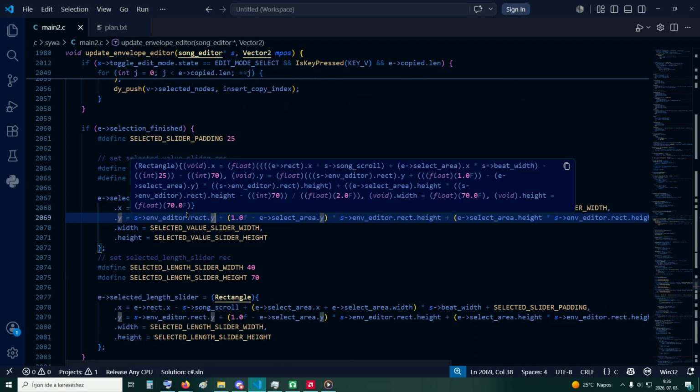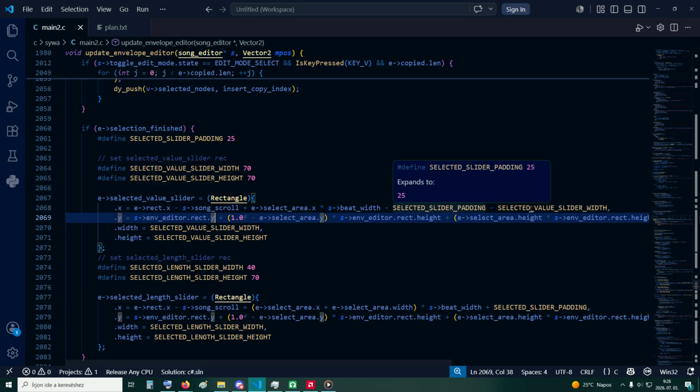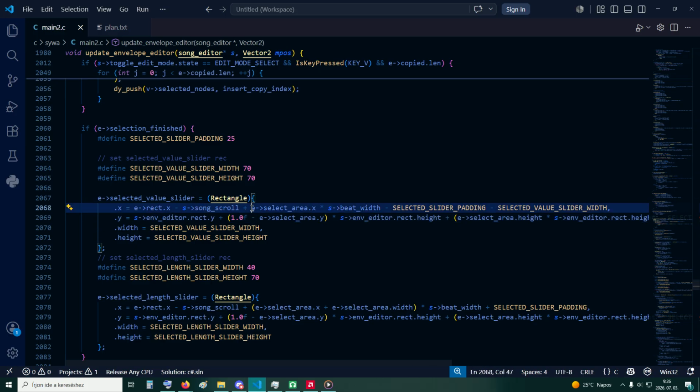So the X should be... So this we don't care about if it goes off the screen with the song scroll. So what we have to do here is we do this later,